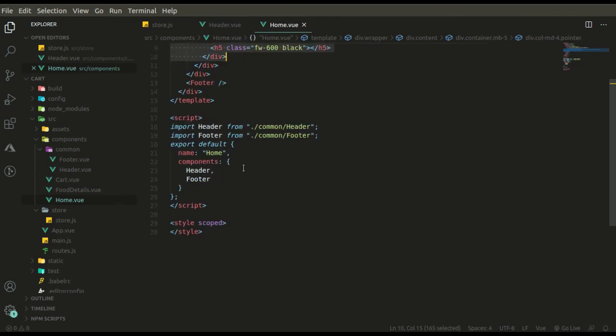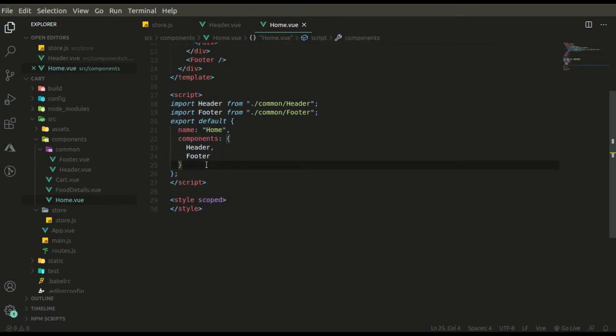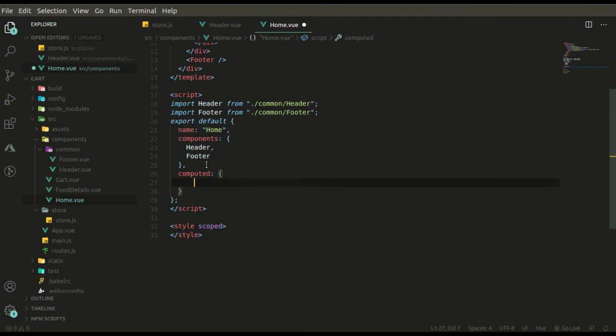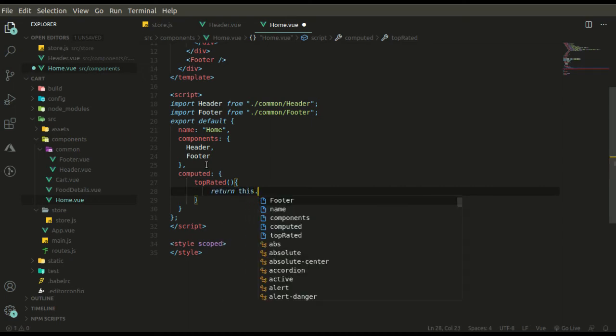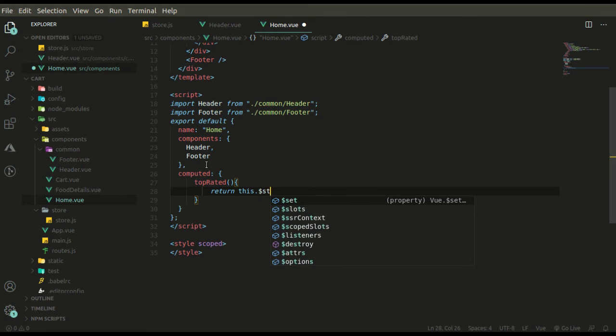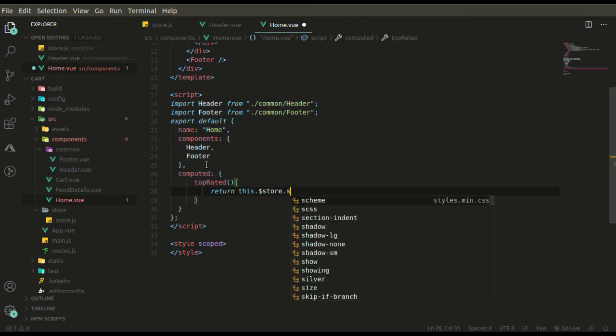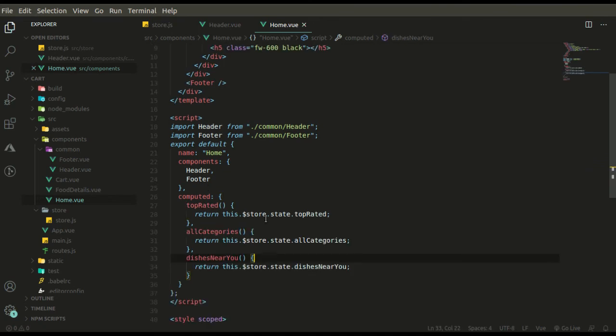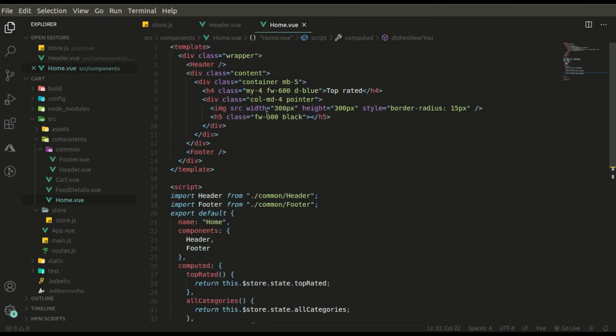So for this I need to access the data from the store. Let's do it. We are going to make use of computed properties. Now we can loop over it.